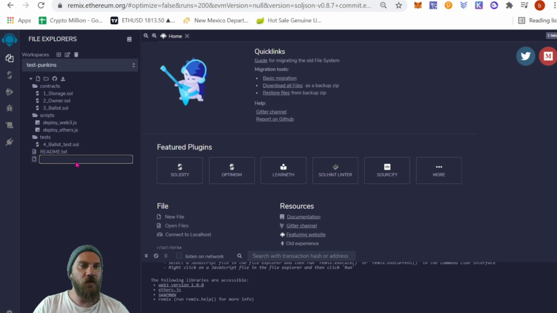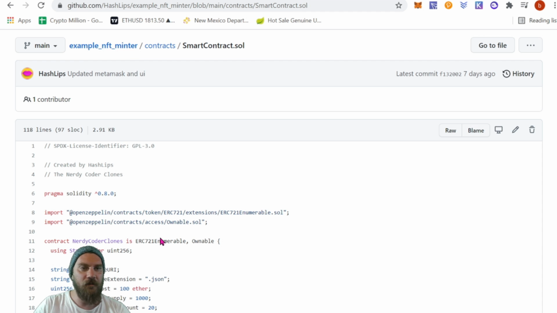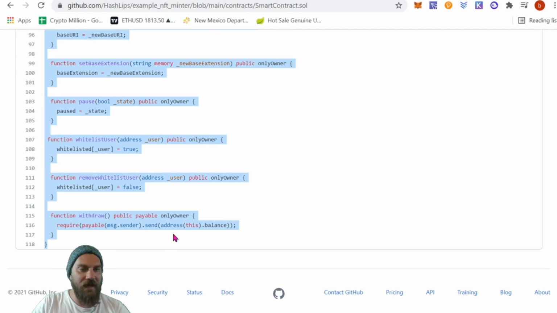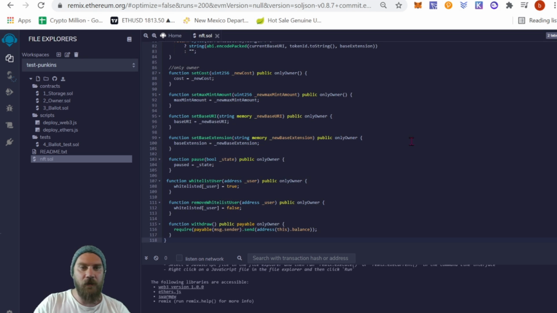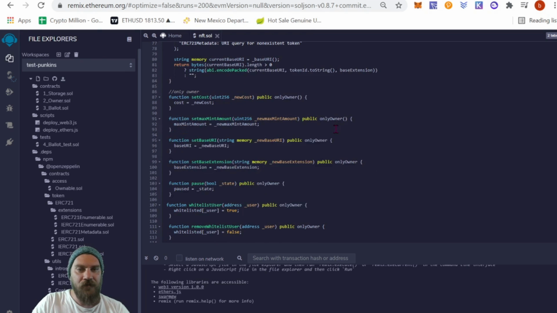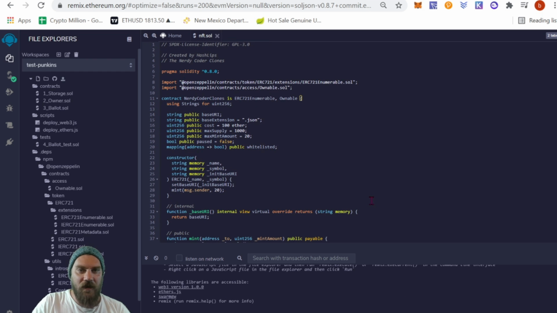And our contract here, we're just going to call NFT.sol. You guys can name it whatever you want, doesn't really matter. Once you have this created and you have an NFT.sol, it's a blank file. We're going to come back to the GitHub and we're going to copy everything from line 1 all the way down to the bottom, guys, and just come all the way to 118 and Control C, and back over to Remix and Control V to paste that in. Come back to the top and make sure you have everything starting with the license all the way down to the bottom. And if that all looks good, we're basically good to go, guys.